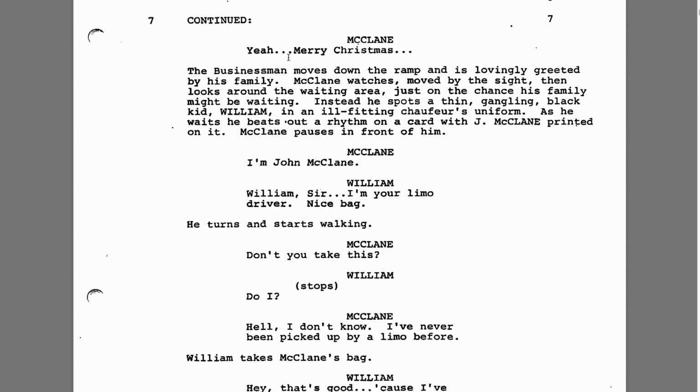So I really like this moment here when we show this businessman lovingly greeted by his family. Some people say that you shouldn't use adverbs in your screenplay. I think that's dumb. I wrote an article about this as well, about how to polish your screenplay, and how the rule is not really about not using adverbs, but is actually a different thing entirely. It's a good way to juxtapose the moments showing these two characters,